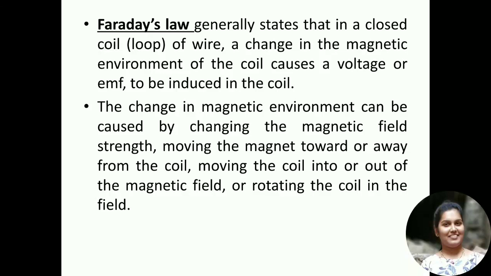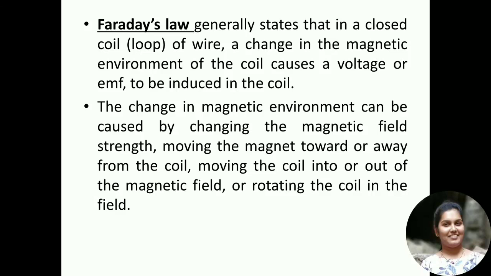So when these two fields, the magnetic field and the electric field, come in contact, they generate some kind of property, and they produce a voltage or EMF in the coil. This was stated in Faraday's law. This change in the magnetic environment can be caused by changing the magnetic field strength or by moving the magnet towards or away from the coil, moving the coil in and out of the magnetic field, or rotating the coil